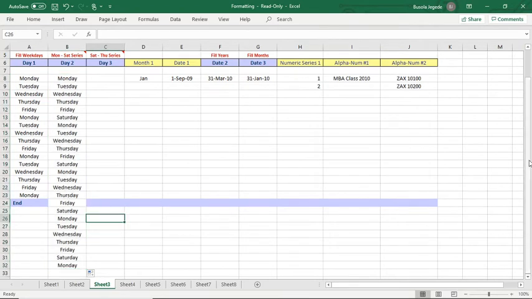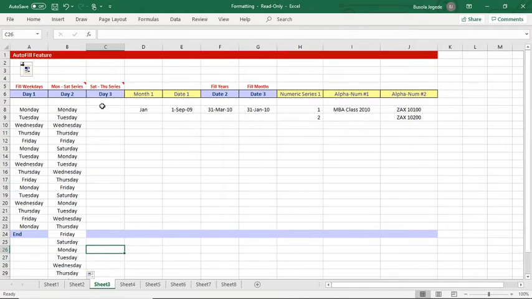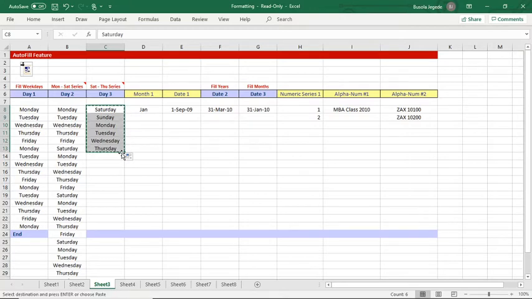Okay. Now on to the next. We have a Saturday to Thursday series. So we're just going to follow the same procedure we did from Monday to Saturday because this is also a unique kind of series. So you fill in Saturday and you drag it down all the way to Thursday. You copy it, paste it beneath the first list. So you have two Saturday to Thursday series. Select both of them,